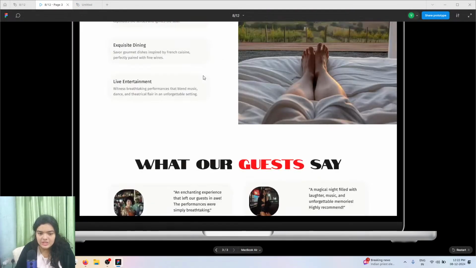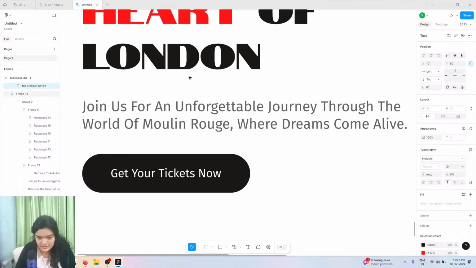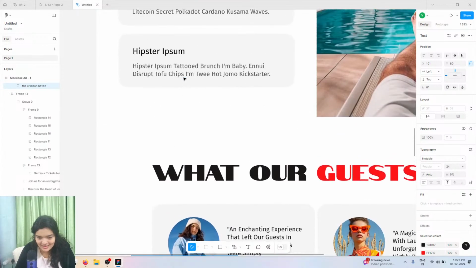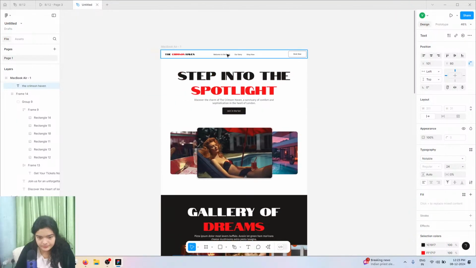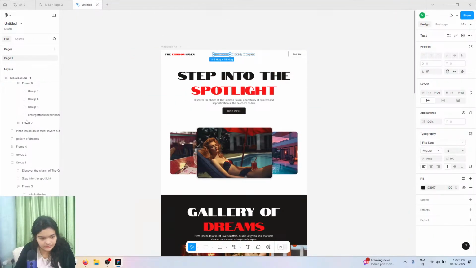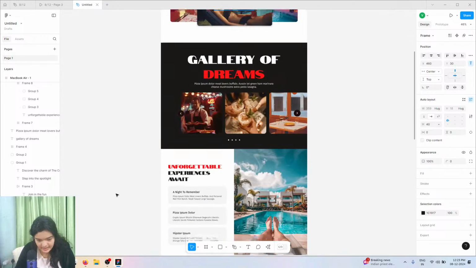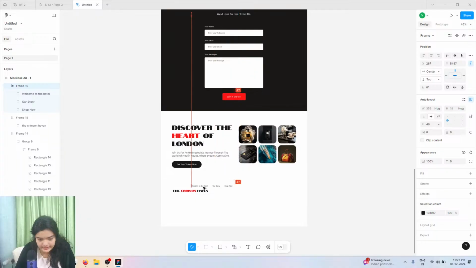Then we're going to add a bunch of links. These links are actually very similar to the links at the top, and then we've increased the font size a little bit, so I don't want to mess with that hierarchy. We're going to go to the top and get our frame 1 selected, copied, and then we're going down to the bottom, paste it right here, increase the